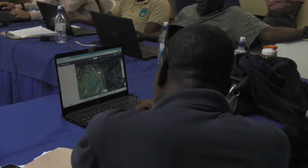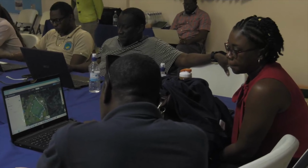So what we're doing this week is a training on participatory GIS, which essentially aims to facilitate the collection of information from the communities, from the different households, whether they're agriculture households, livestock households, fisheries households, and forestry-based households, and then integrate this information from the communities, from the local level, into geospatial datasets, including drone maps and satellite imagery,